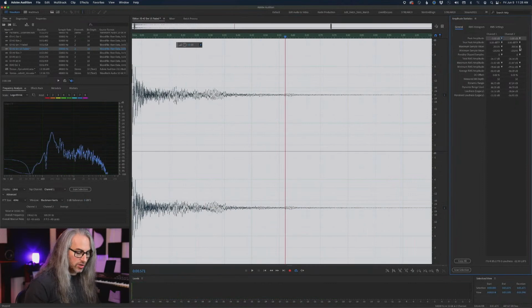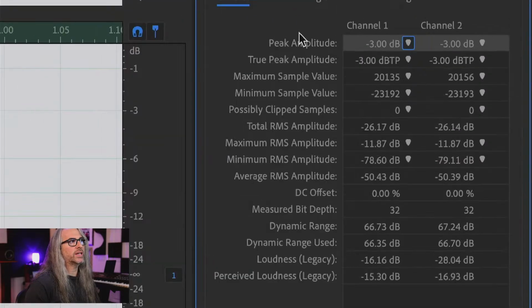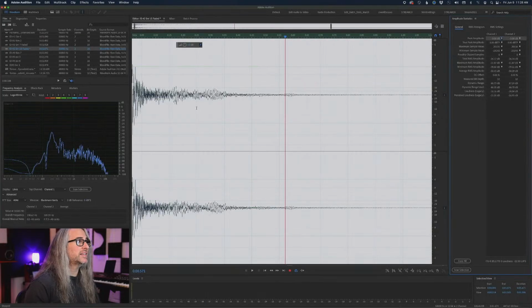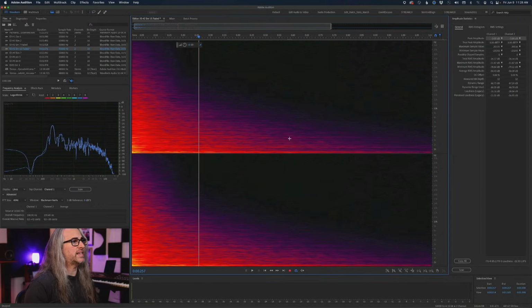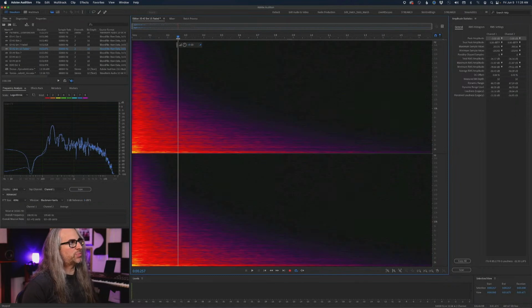okay? And if we look over in our amplitude stats, now we can see the peak amplitude is -3 dB, which is what we did in normalize. The DC offset, remember, we had some fractional plus 0.02 minus 0.01. That's been removed. And as you can hear and see, both in the waveform itself and in the spectral frequency display, we have the nice tail of the reverb here, which actually was perfectly timed to kind of fade right into silence.